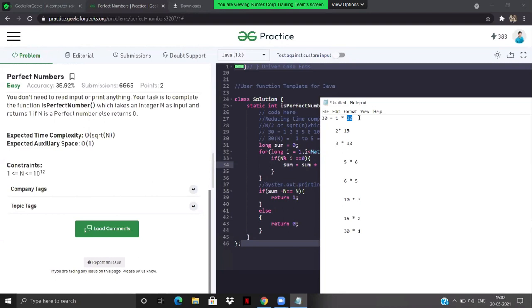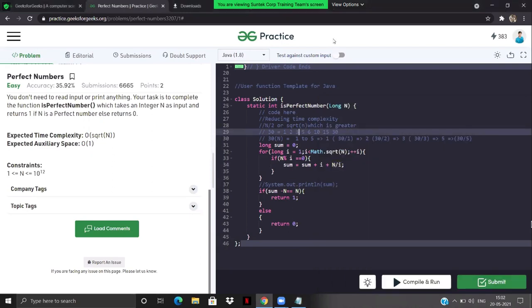Okay, why are we taking long in the for loop? Can anyone answer this? Anyone in the class? Correct, but how exactly are we going to determine it? No, guys, there is a reason behind it.